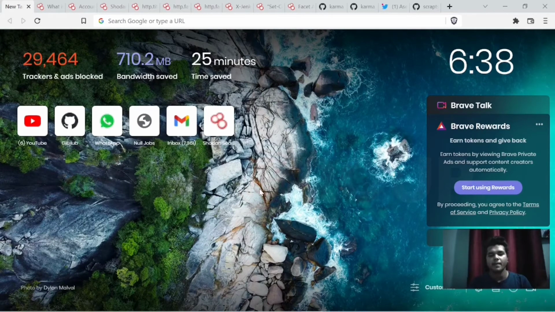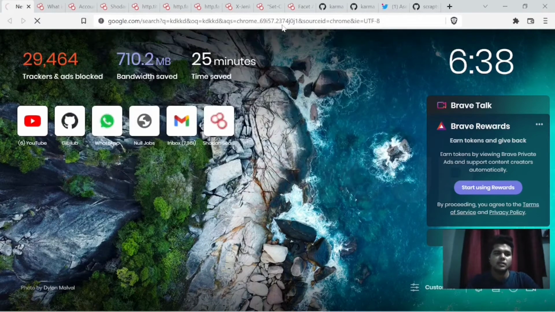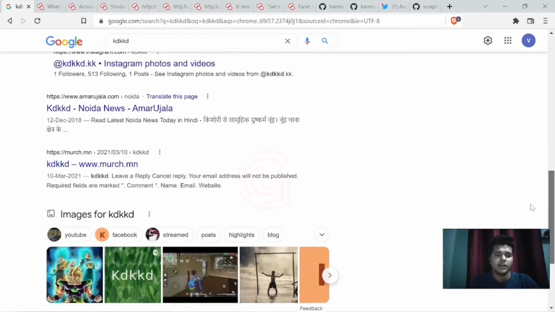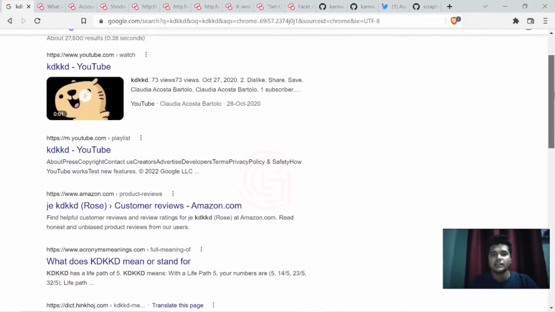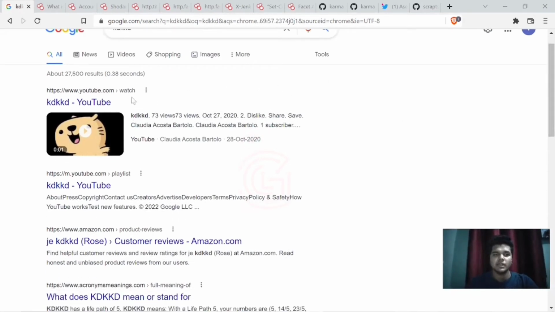So what happens when we search something on Google? Let me search something randomly. As you can see, when we search something on Google or Bing, what we get as a result is web pages. Why? Because search engines like Google store information about web servers and web pages, and when we search something they bring us results in terms of web pages,